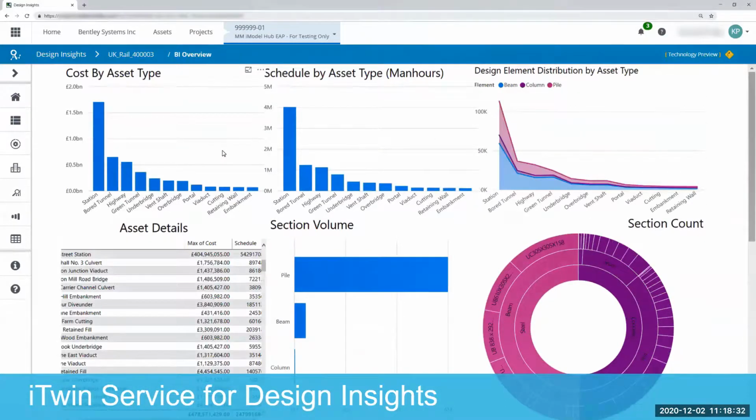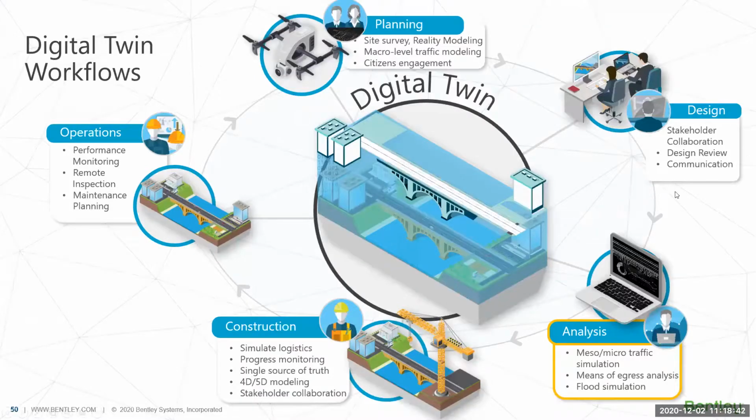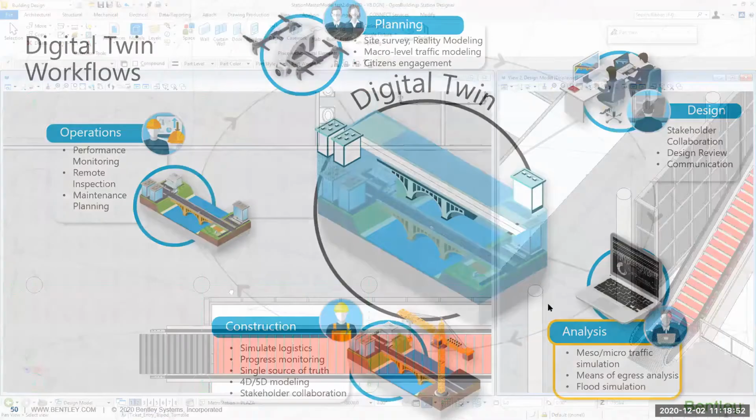So you can get a dashboard quickly and easily based on your project. Okay, so this is about how we do a lot of the design using digital twins. Now I want to go to another part, which is analysis. Both of the model, as I